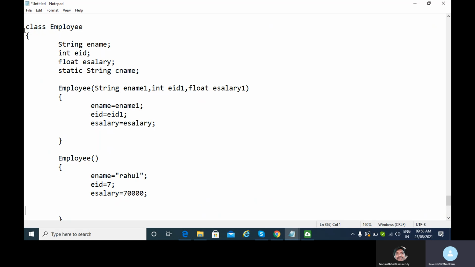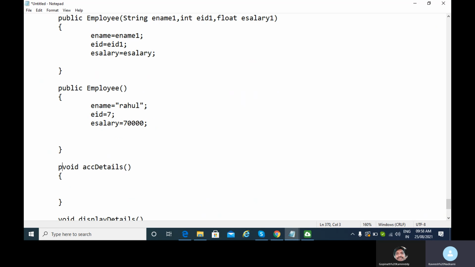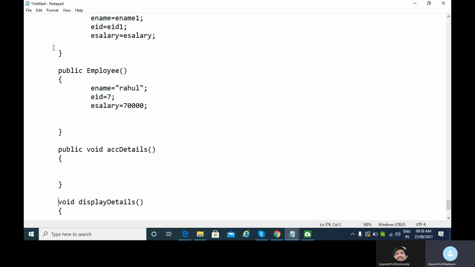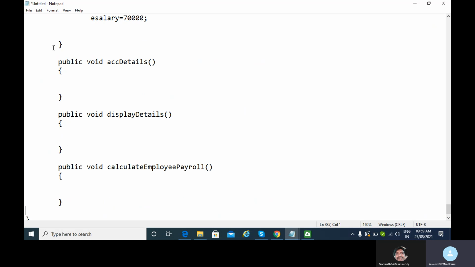So for that, we generally declare the data members of the class as private, and the member methods of the class as public. Private and public are access modifier keywords in Java. They control access to the members of the class. A public member means that particular member of the class can be accessed anywhere in the program by any class defined in the program. And private members of the class can only be accessed inside the class definition, that is, by the member methods of the class. Clear?